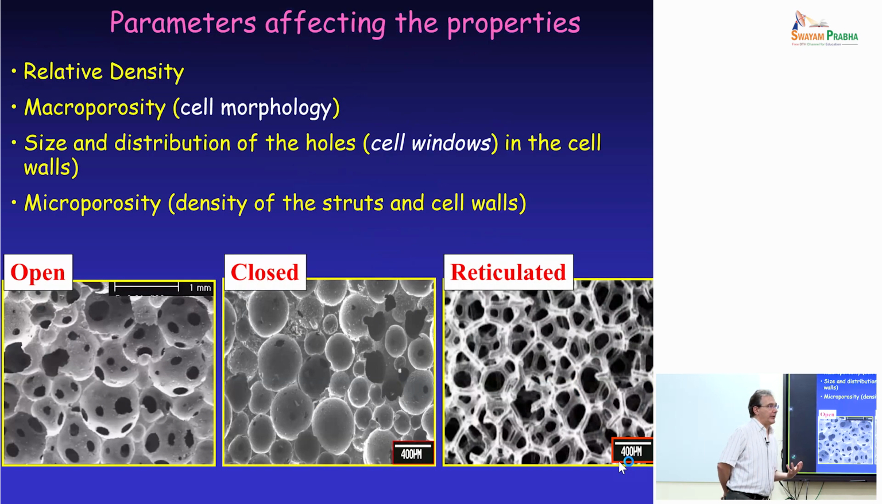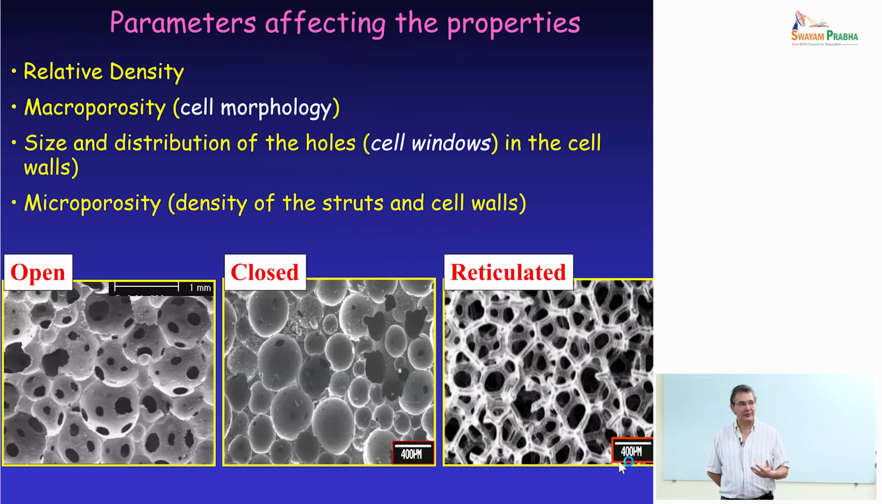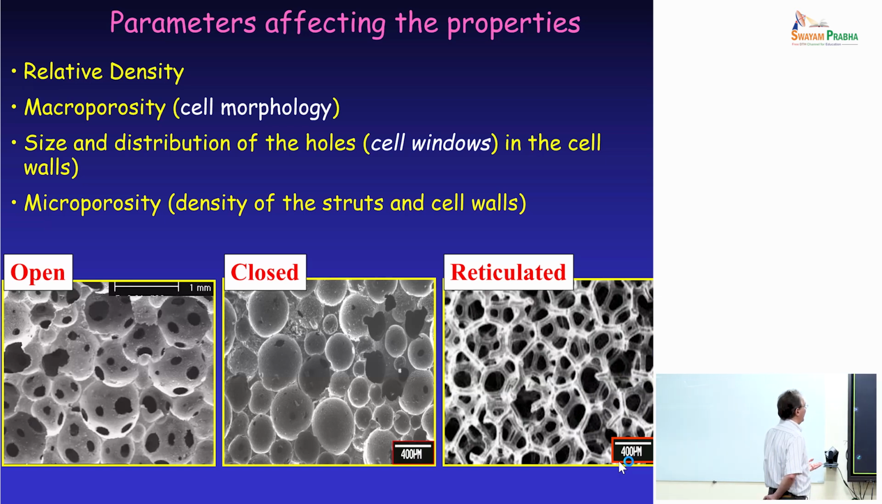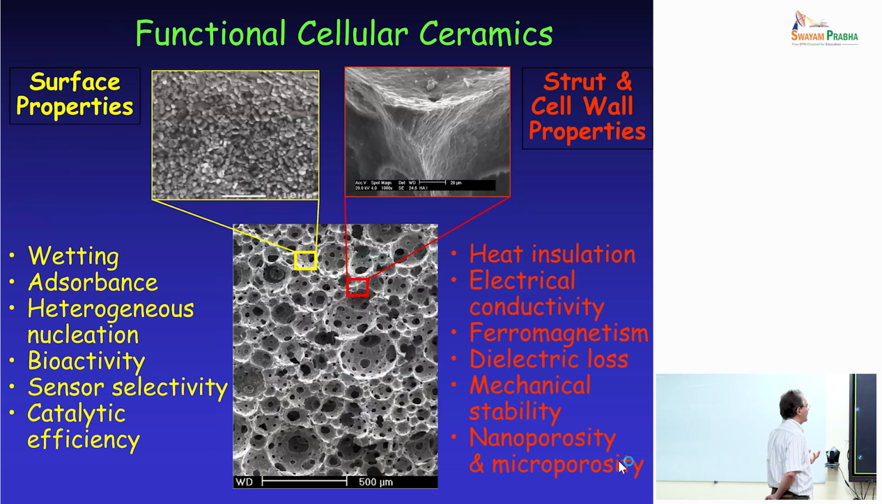And then you have a lot of parameters that you can play with that affect the properties: the relative density, so the amount of porosity that you embed, the cell morphology, so the macro structure, the size and distribution of the cell windows in the cell walls, and the density of microporosity of the struts and cell walls. And you can further modify the surface properties of cellular ceramics by providing wetting, absorbance, heterogeneous nucleation, bioactivity, sensing selectivity, catalytic efficiency. And here are some of the applications that can benefit from functional